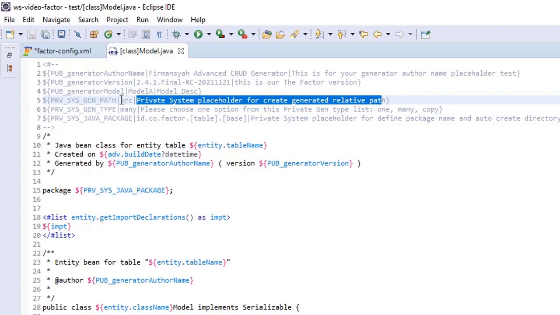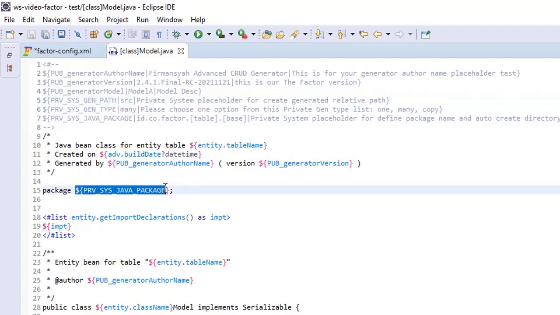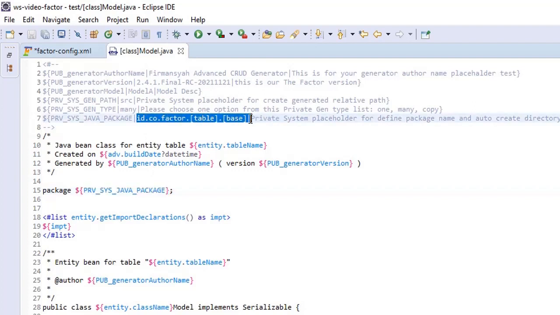Then, in the content, this private placeholder will be replaced based on the definition, the value in here, or maybe a value that can be modified in the editor.